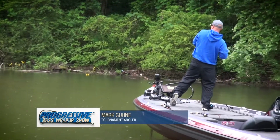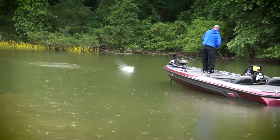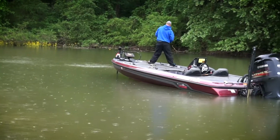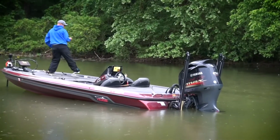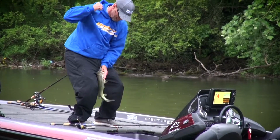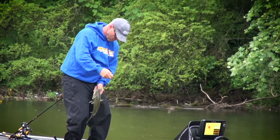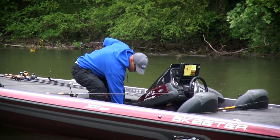Hey, there's Coach doing a good job. He just picked up one. He's fighting that fish. First cast on a chatterbait. Working him in, getting ready to swing him in the boat. Good job, Coach. Good job. Thank you, man. Looks like one he's going to have to put on the board. 15-inch limit today for largemouth and spots, and then 18-inch on